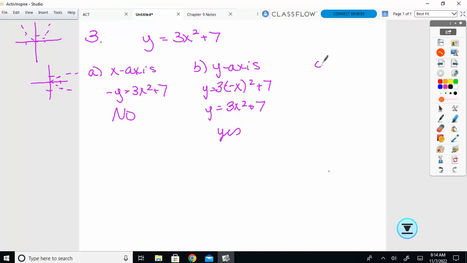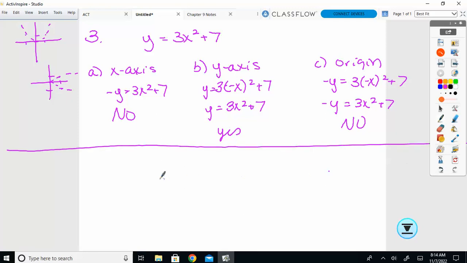How do you check the origin? Do them both. So if I make my y negative and my x negative, this one disappears, but the other one doesn't, so it's a no. So if we were to look at the first two, I feel like I asked this before. Yeah, it's no, yes. The origin would automatically be no. Right. Okay. What if I gave you something like,